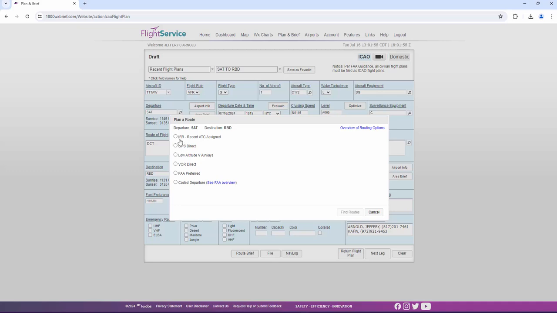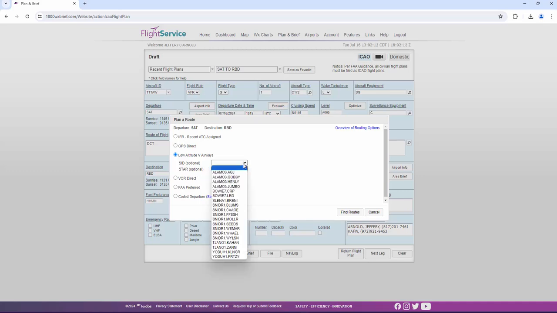GPS direct, recent ATC assigned. I'm going to pick low altitude Victor Airways. And again, if you'd like to use a SID or a STAR, and there are certainly SIDs and STARs available for the San Antonio and DFW metroplexes, I'm going to leave those out for now, but it's just a drop-down menu. You need to have a good idea of what direction these SIDs and STARs are facing or departing to